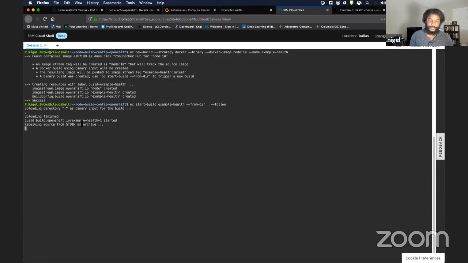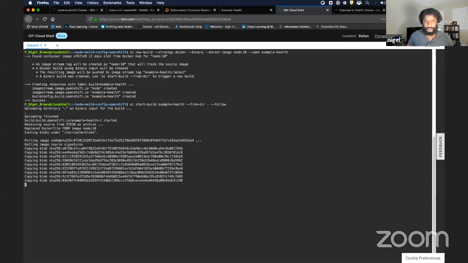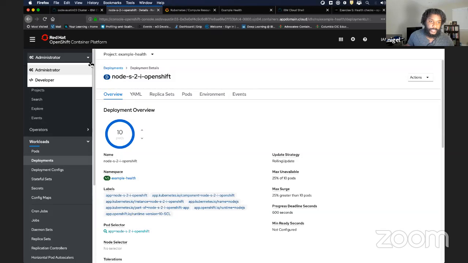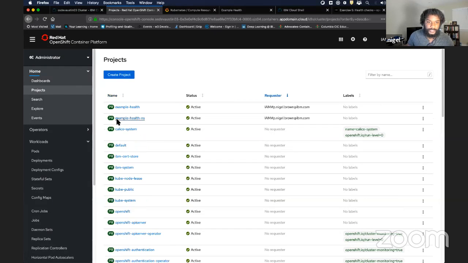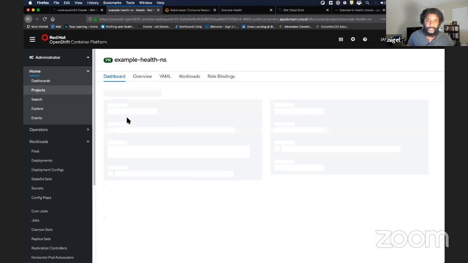Uploading. So the first thing that we did was create a new project. We got a namespace for this new project to go into. And if I jump back to my cluster and look at our projects, we'll see that second one. This is the one that we just did from the command line. So you can create them with this button here, the create project, or that oc new-project. It would be the same as clicking this blue button here. And we can look at that